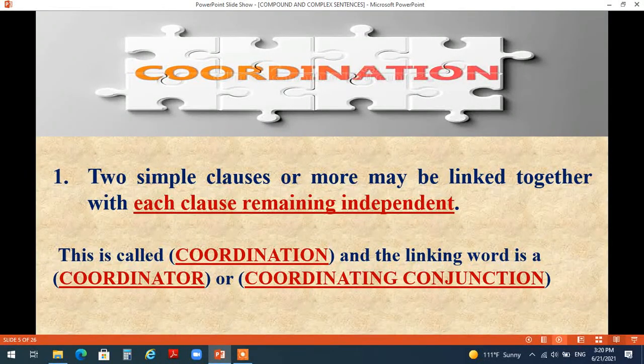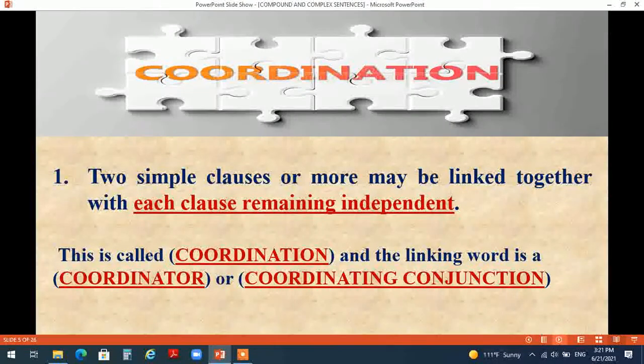Two simple clauses or more may be linked together with each clause remaining independent. في هذه الطريقة اللي نسميها coordination، في هذا النوع من الترابط ممكن أن نربط ما بين عبارتين فعلية بسيطة أو أكثر، وبهذه الطريقة تبقى كل عبارة فعلية محتفظة باستقلاليتها ومحتفظة بأهميتها. This is called coordination. هذا النوع من الربط يسمى coordination, and the linking word is called either a coordinator or